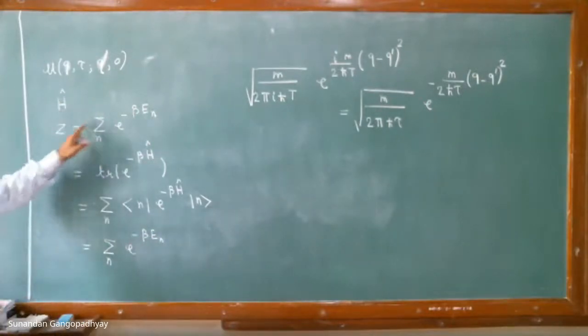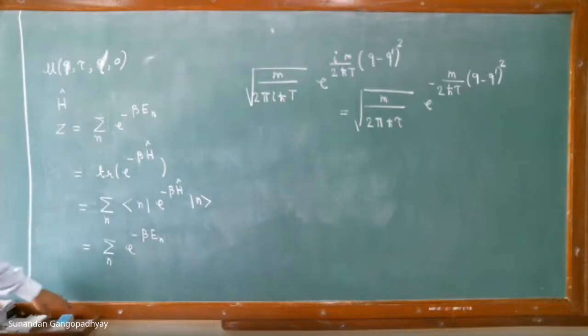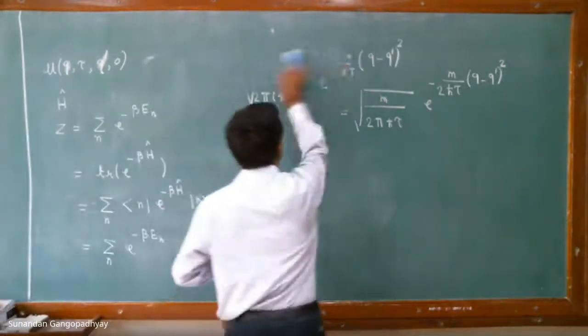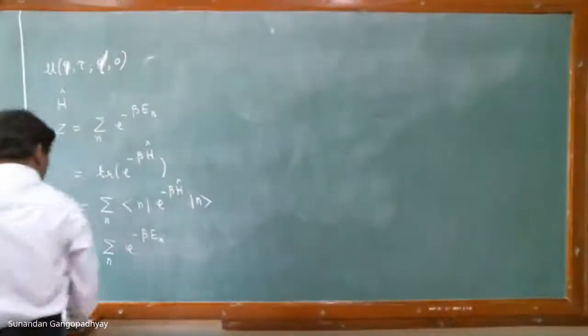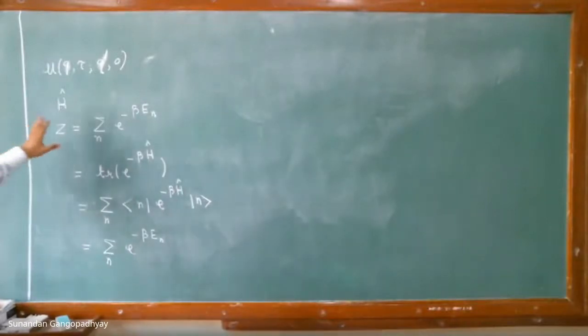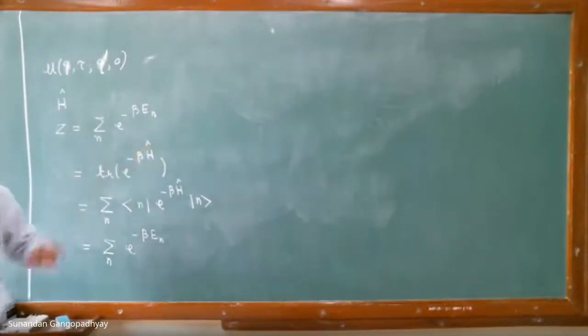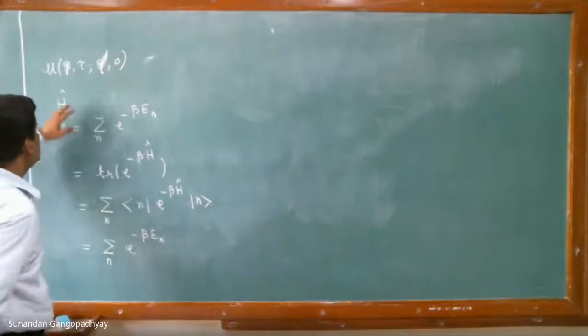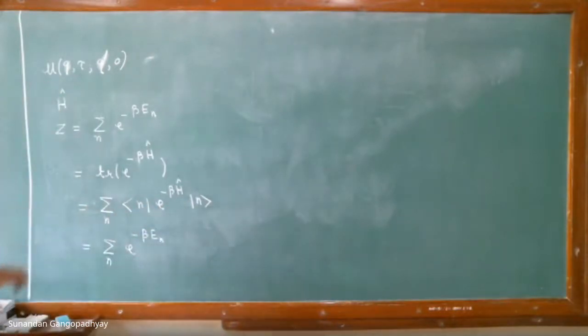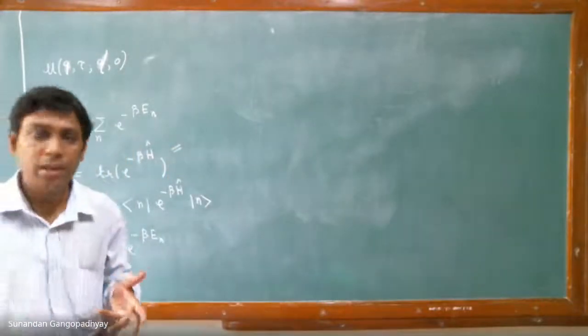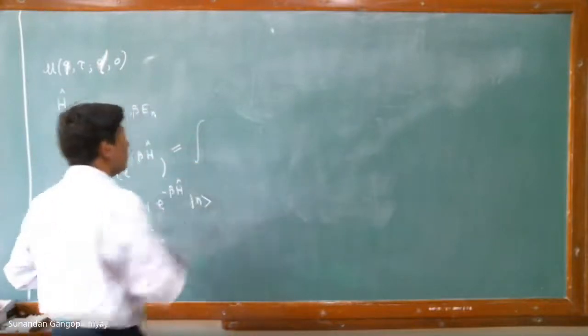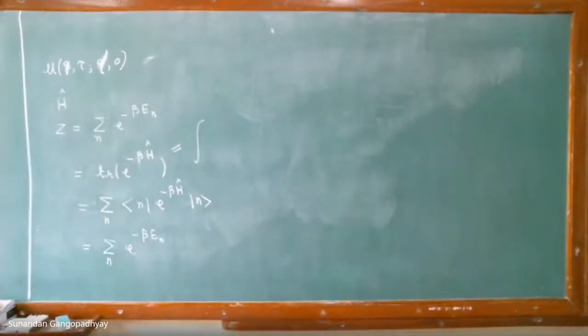So you actually get this from this. So this is just very elementary statistical mechanics on the partition function. And now what we shall do is, you know that the trace of an operator is invariant under a unitary change of basis. So this basis was the energy eigenbasis of this Hamiltonian, but since the trace is invariant under a unitary change of the basis, you can also calculate the trace in the position representation.